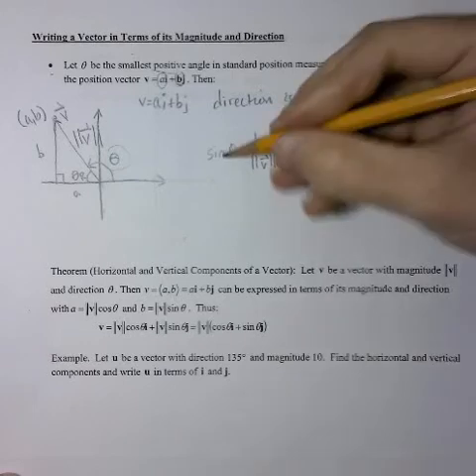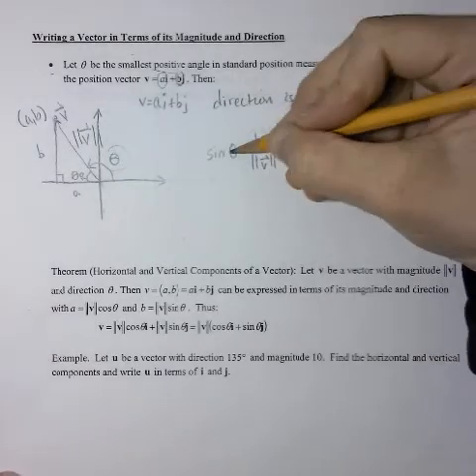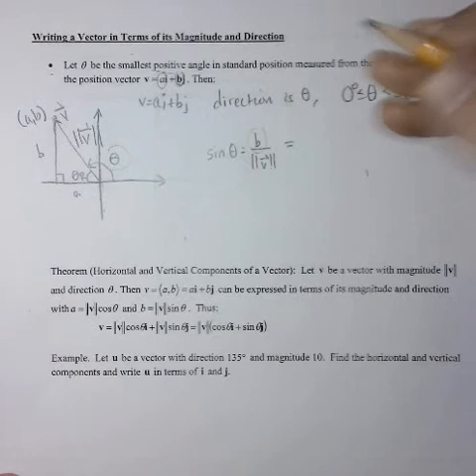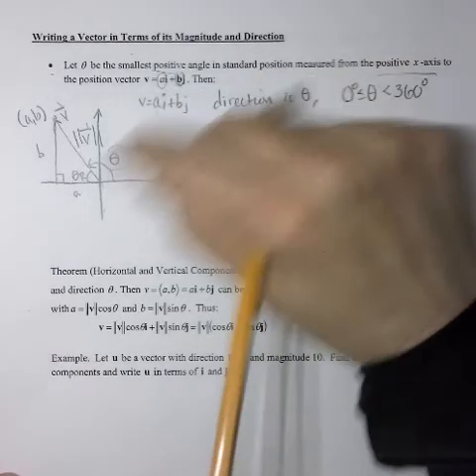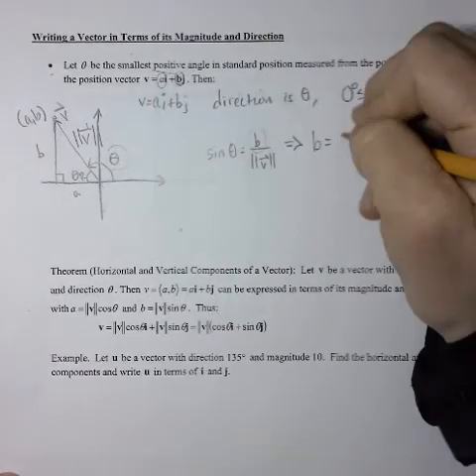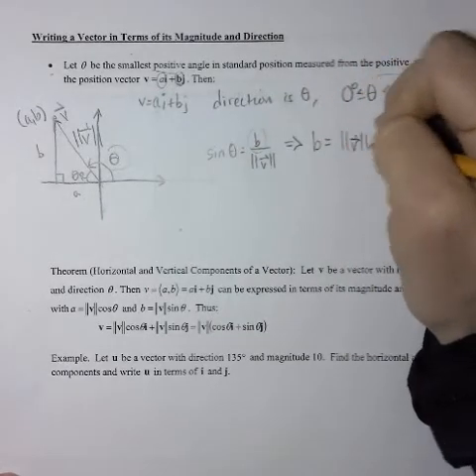And if we don't know B, but we know theta and v, we can just solve this for B. This implies that B, the vertical component, is equal to the magnitude of the vector times the sine of the